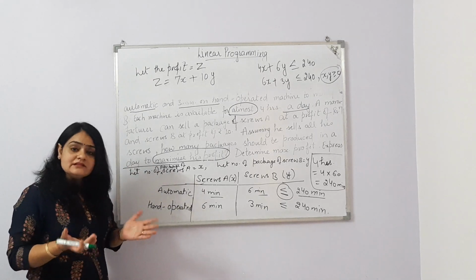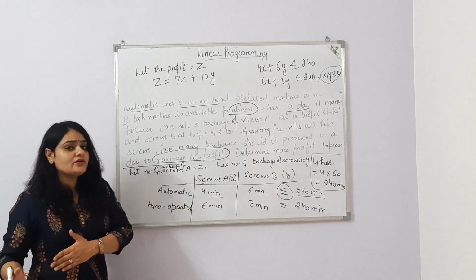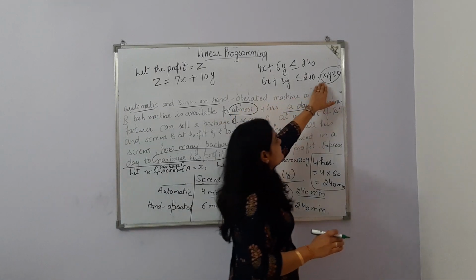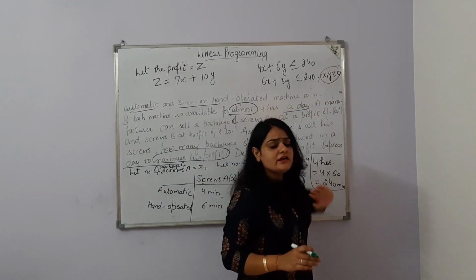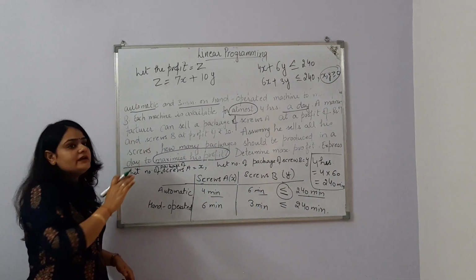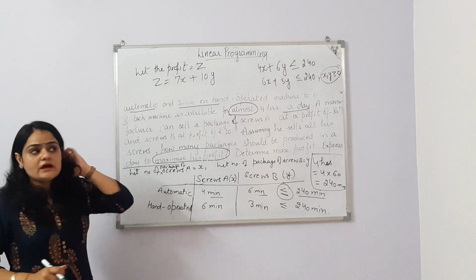We cannot say that. This is a live scenario. We can say we have 3 boxes, but we cannot say we have -3 boxes. The same here. These are the number of packages. So x and y both can be 0, or greater than 0. So x and y are greater than or equal to 0.